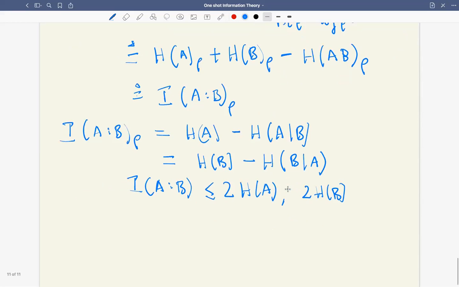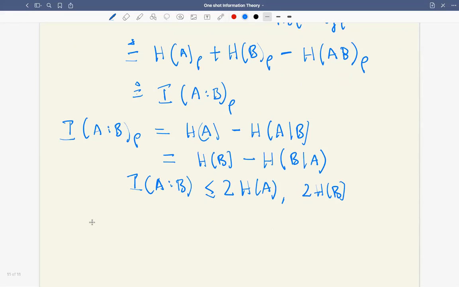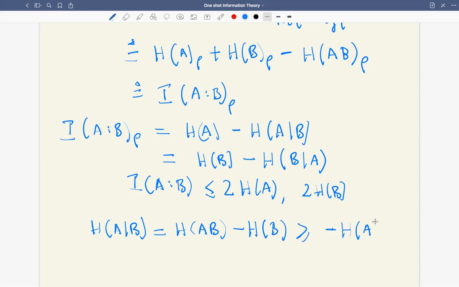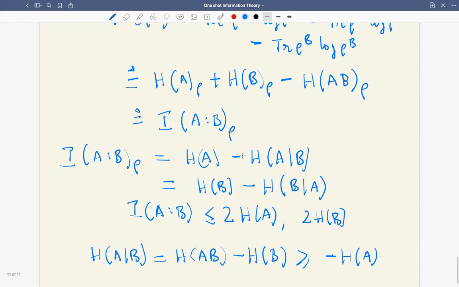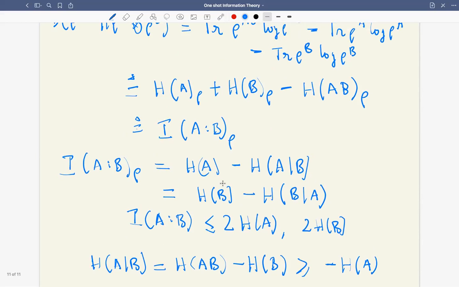So sure, H of A given B can be negative, but H of A given B is HAB minus HB. But the Araki-Lieb inequality says that this is always greater than minus HA. So if you do that, you get to 2HA. So far so good, but